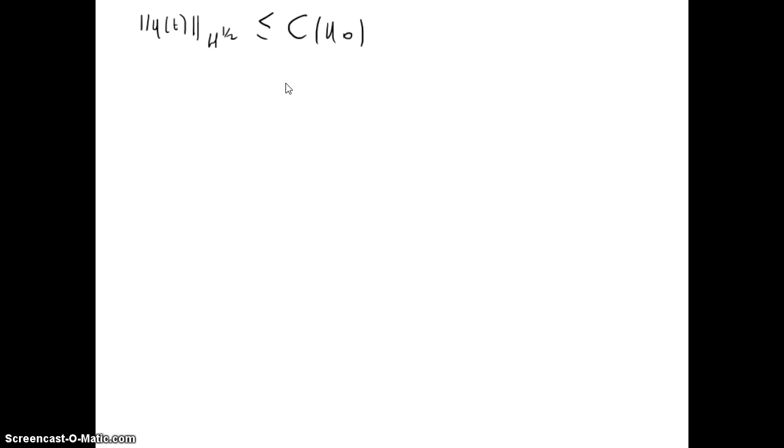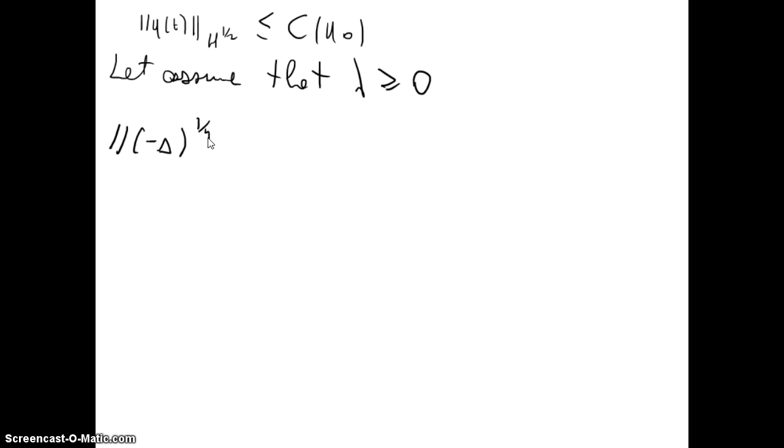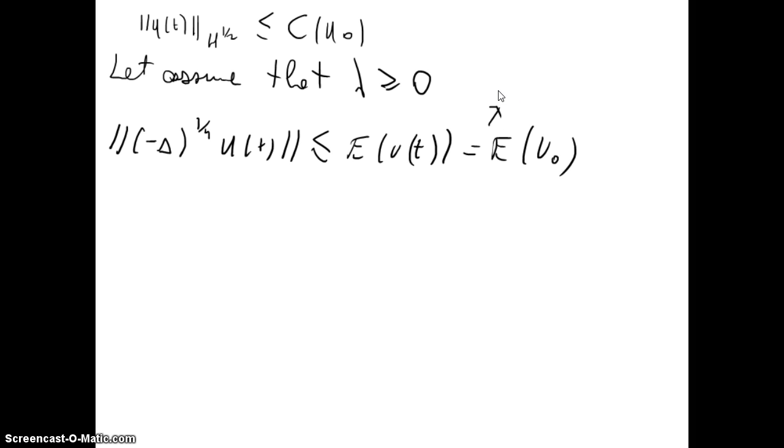So let's assume first that lambda is greater than or equal to 0. So we will have that the norm of (minus Laplacian)^(1/4) u(t) is less than or equal to E of u(t), and this will be equal to E of u_0 because energy is conserved. But let's see why this is. This will be because this squared is equal to, well,